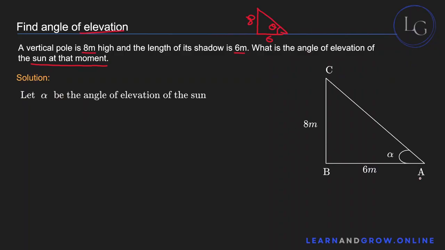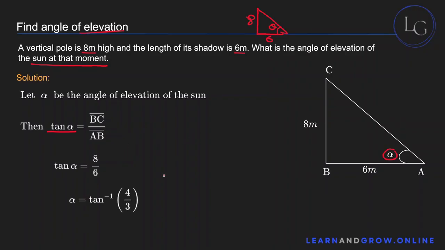Again, this is the same diagram. You have to find this angle alpha. Since you're given the opposite and the adjacent, you can use these two by taking the tangent of alpha. The tangent of alpha is the opposite over the adjacent. The opposite is BC and the adjacent is AB. So now you just take the tan inverse of 8 by 6, or 4 by 3, and you get the angle of elevation alpha, which in this case is 53 degrees and 8 minutes,